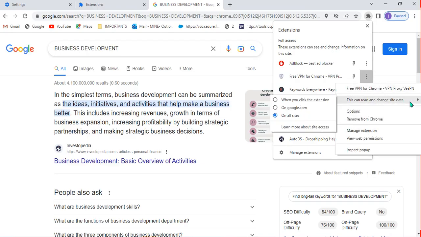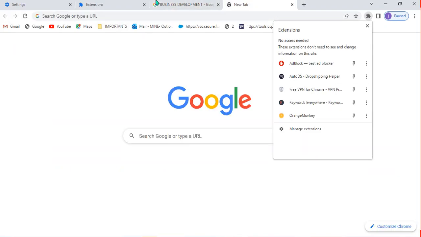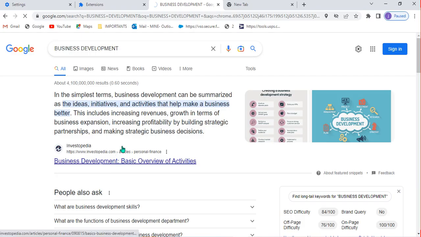This can change the data. I can click on this option. I can also choose where I want to apply this. This is because this extension is now reading Google, since it is the site that is open. For example, if I click on another site, this one, Investopedia,